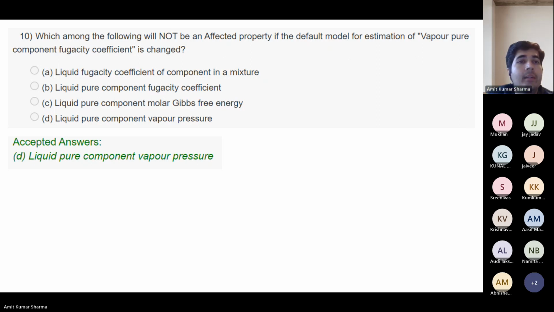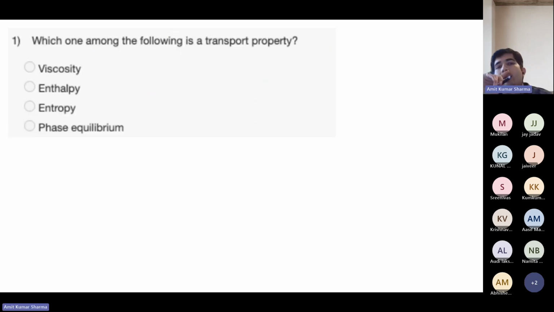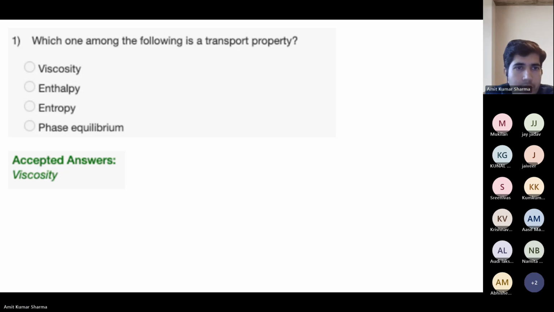Okay. Now, which one among the following is a transport property? Viscosity, enthalpy, entropy, phase equilibrium. Viscosity. Yes, viscosity is a transport property. And the others are thermodynamic: enthalpy, entropy.